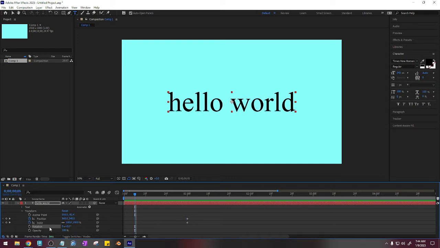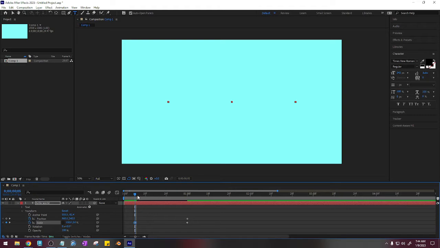So I'm going to deselect by clicking down here, and I'm going to go back to the scale, and I'm going to unlink the chain, and I'm going to have the text scale up from the middle. So I'm going to change this to 0, press enter, and now as I drag the scrubber to the right, it's going to form like this. And I want it to slide in from the left-hand side. So as I go over here,